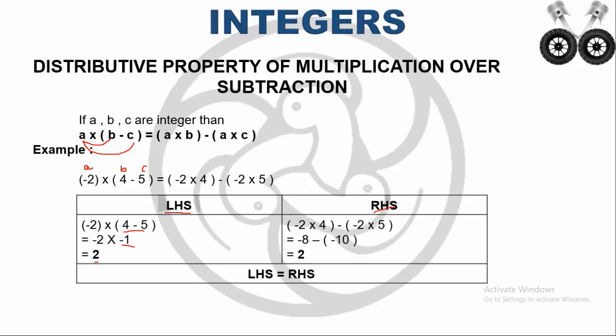Then RHS. So minus 2 into 4 minus minus 2 into 5. So what is the order of operation for minus 2 into 4? That is minus 8. Then minus minus 2 into 5, the answer is minus 10. So again here we are having two operators near together. That means I have to change the sign. So minus into minus, it will become plus. So minus 8 plus 10. So the answer will be 2. So the biggest number is 10. The sign for the biggest number is a positive sign. So the answer is plus 2. So LHS is 2 and RHS is 2. So therefore LHS equal to RHS.